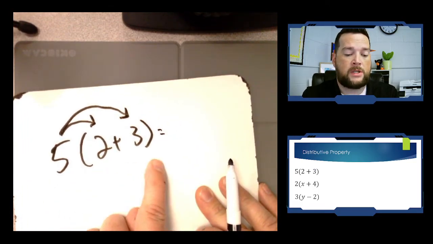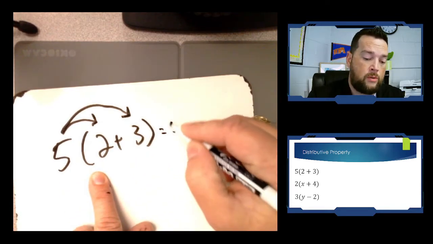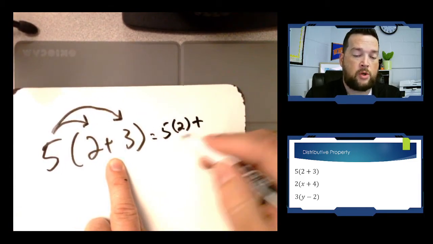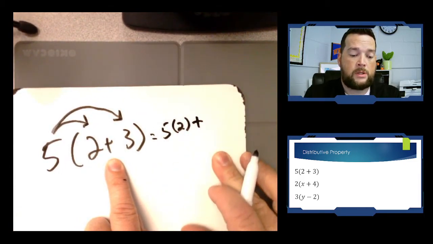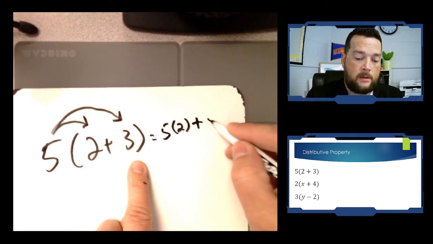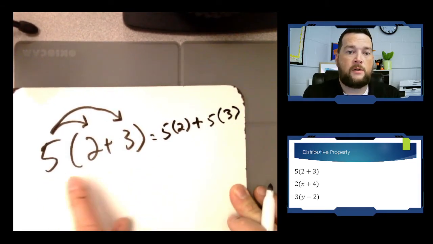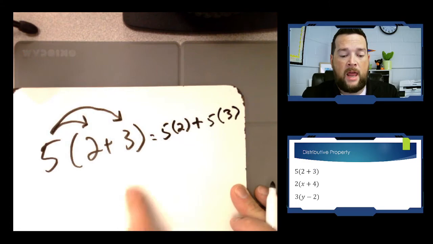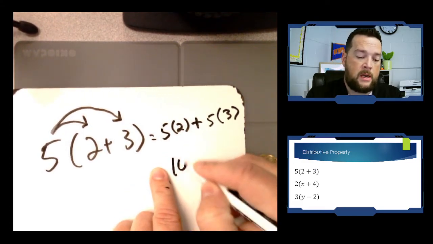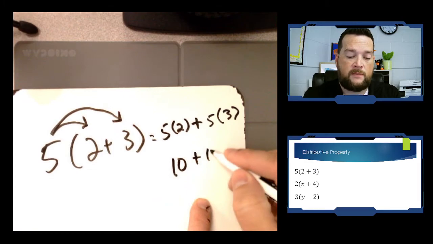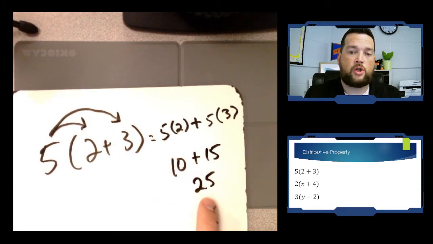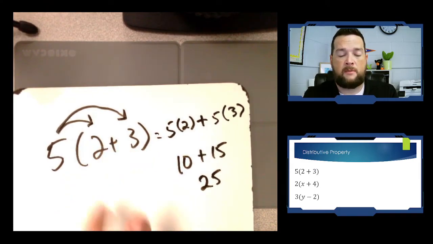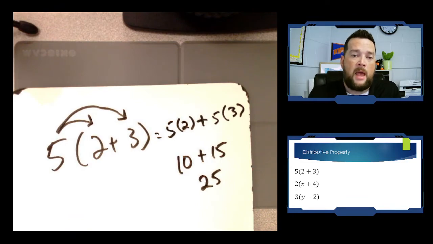5 times (2 plus 3) is the same thing as 5 times 2. That's the first multiplication. Now I see a plus sign here, so I'm going to put a plus in between each of these multiplications, and then 5 times 3, just like that. So 5 times (2 plus 3) is the same thing as 5 times 2 plus 5 times 3. And if we simplify this on down, 5 times 2 is 10, plus 5 times 3 is 15. We add those two together, we get 25. We already knew the answer was 25 a second ago, because we used PEMDAS to simplify those. But this concept helps us